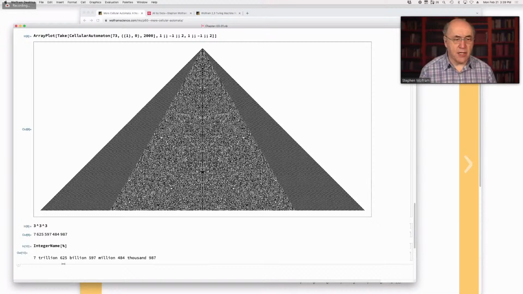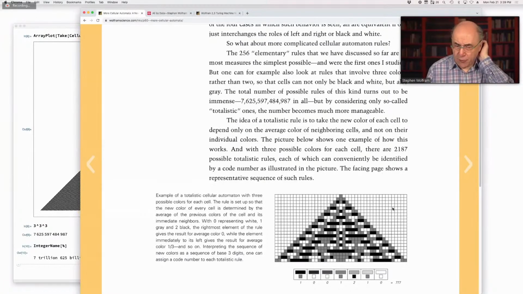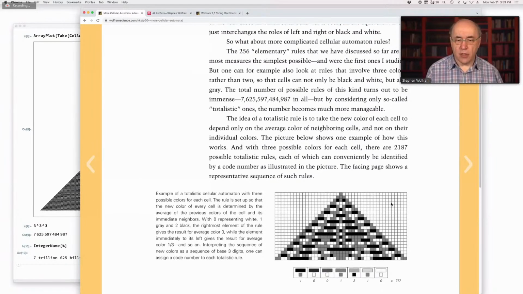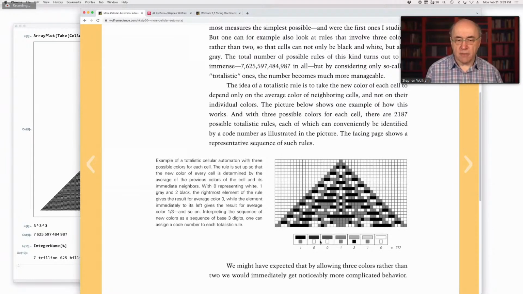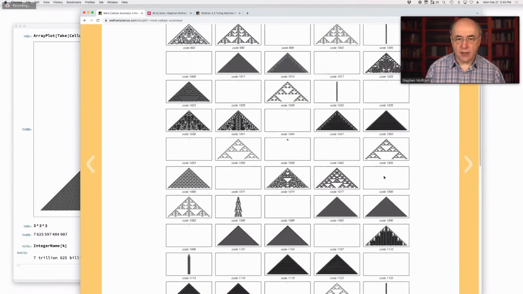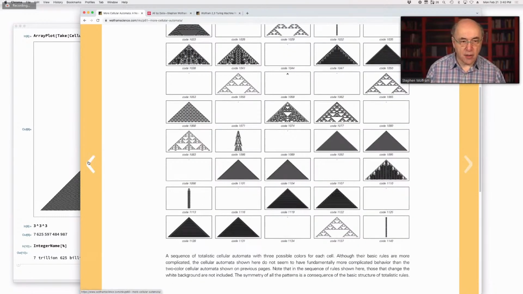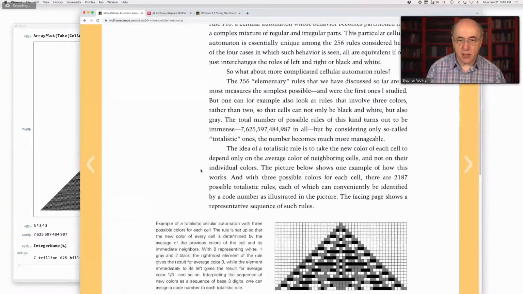So there are 7 trillion general rules with 3 possible colors and nearest neighbors. One thing that I did back in 1984 or so is to reduce that to what I call totalistic rules, in which the value of the next cell depends only on the total of the values, treated as integers, in the 3 cells before. So there are a much smaller number of those. In fact, we can, let's see, how many of those are there? There must be, for this particular case,